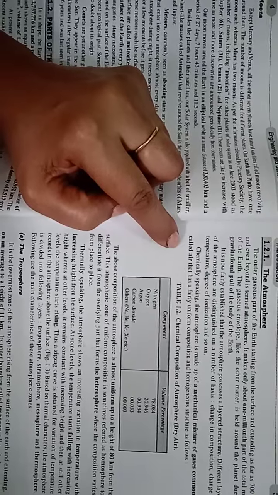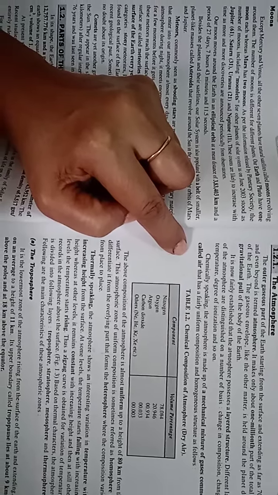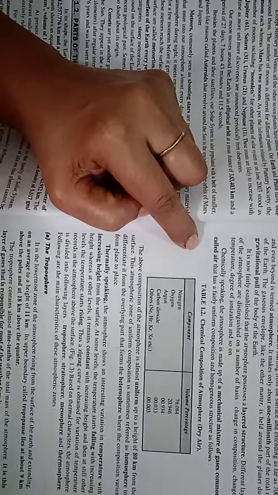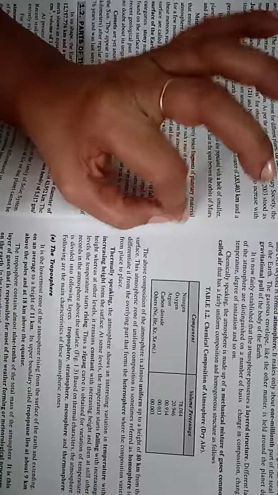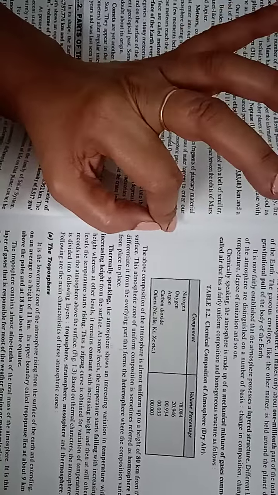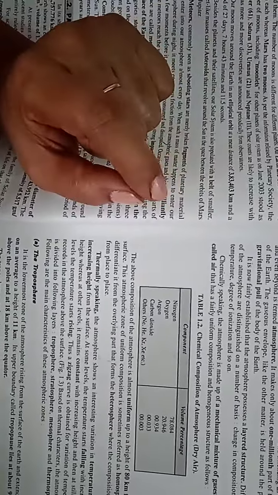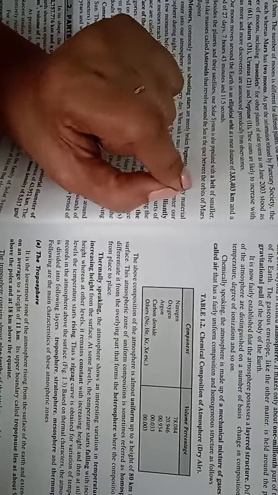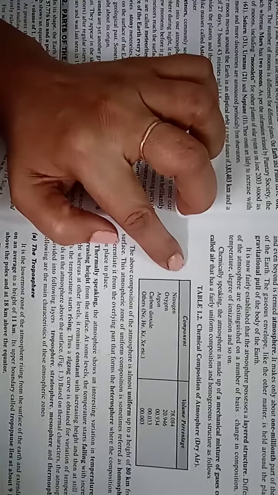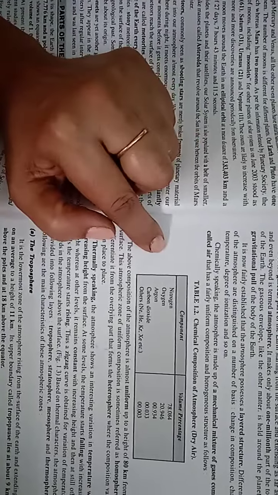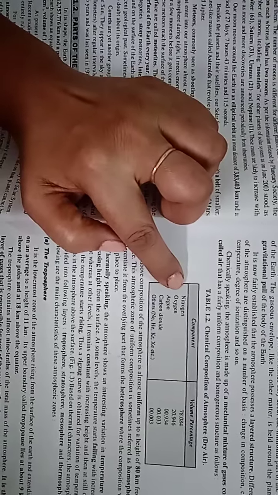Chemically speaking, the atmosphere is made up of a mechanical mixture of gases, commonly called air, that has a fairly uniform composition and homogeneous structure, as follows. The table here, don't forget to learn the table. Picture this in your book. It is important. When you come to any examination, any competition exam, it is important. So first learn the table. Chemical composition of atmosphere, dry air component, volume percentage: nitrogen